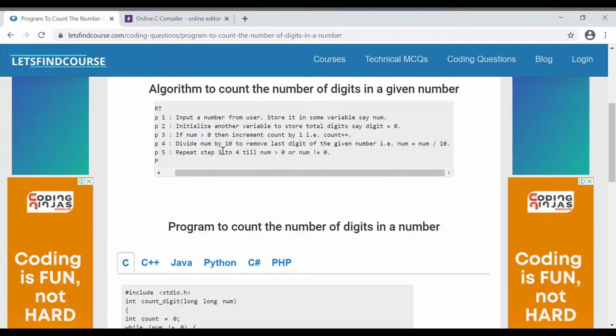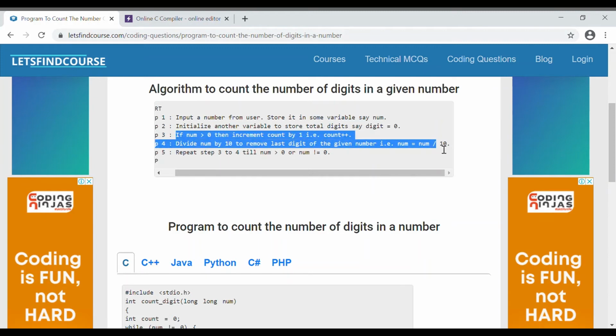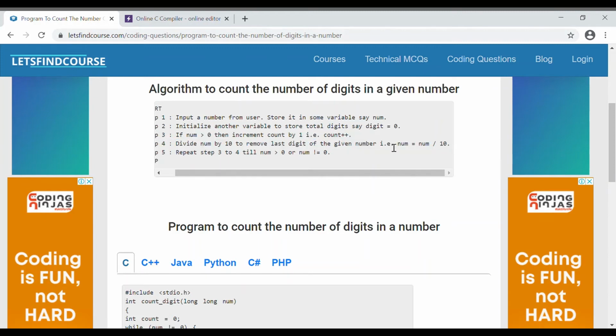We'll iterate over this until we get 0. At the end we will get 0 only. So till 0 we will iterate and increment our count. When we get 0, we will exit that loop.